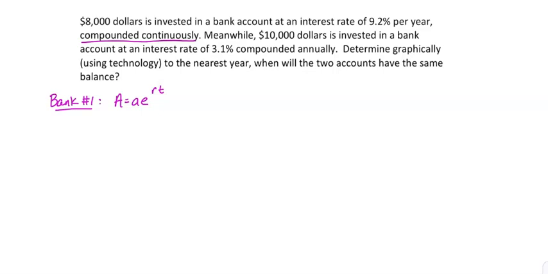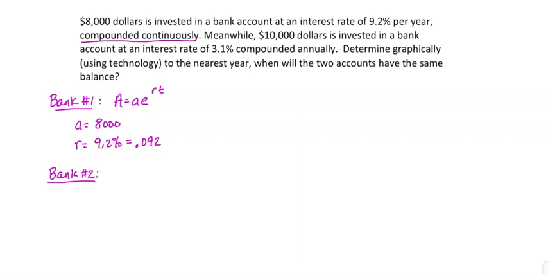So some things that we know: the initial value, or the amount invested, is $8,000. Our interest rate of 9.2%, we will change over to a decimal, becomes 0.092. Time is what we're going to be trying to figure out here. And then for bank number 2,